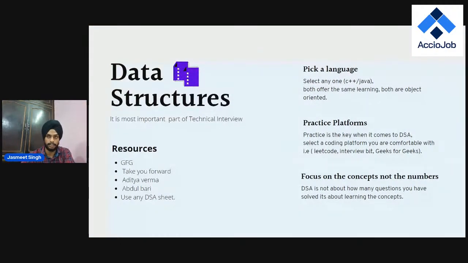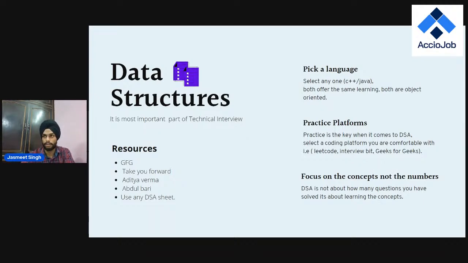Also, if you want a systematic approach to learn data structures, you can surely follow any DSA sheet, as that will give you a ladder to climb on. So that you are learning the data structures in a very systematic way, like learning arrays with easy level concepts and then hard arrays, and learning algorithms in arrays, such as sliding window or two pointer algorithm. These are some basic algorithms that are used in data structures, right? That way you can learn slowly and you will be able to perform better with data structures.